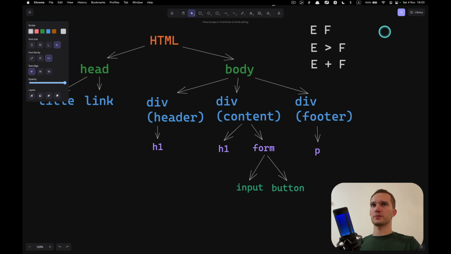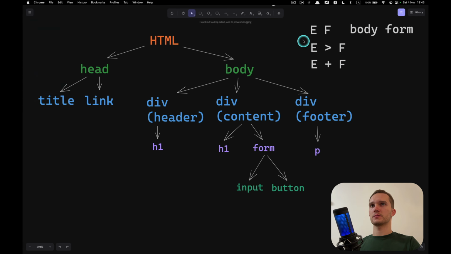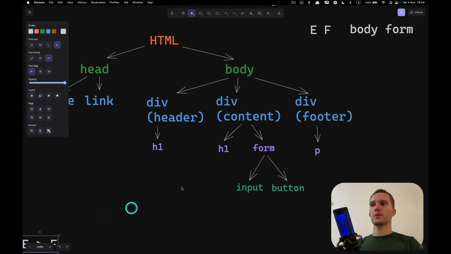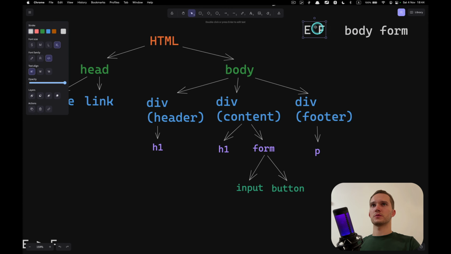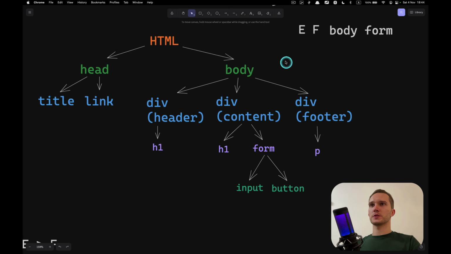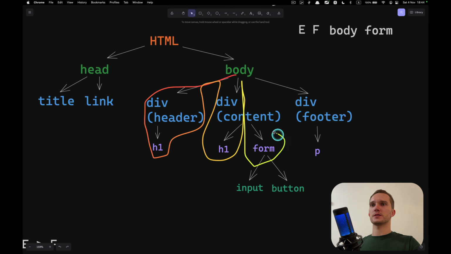Let me show some examples here. E F, let's say body form. So this is our selector. Forget about these two for now. E F, body form. This is element 1, element 2. First we select the body, and then we select the form from the body, and it searches all the elements until it finds the form.